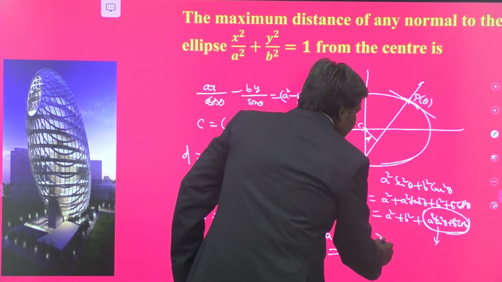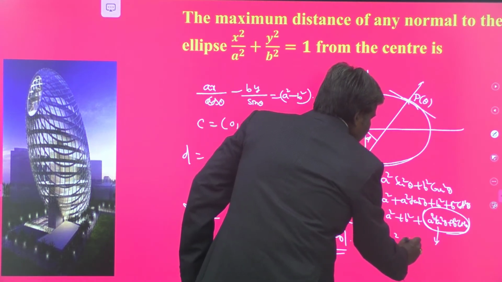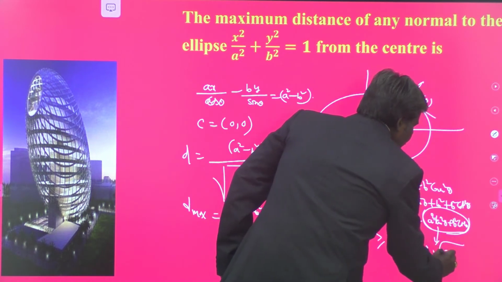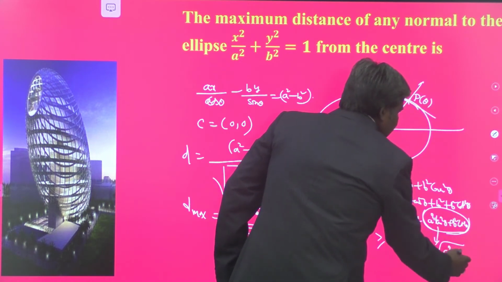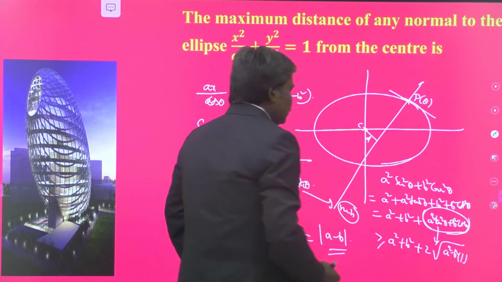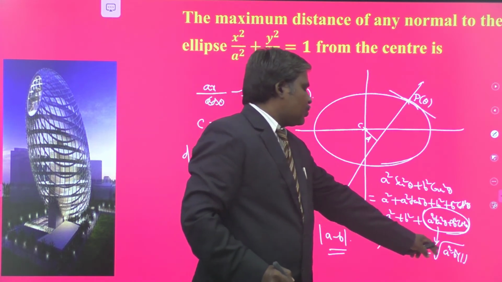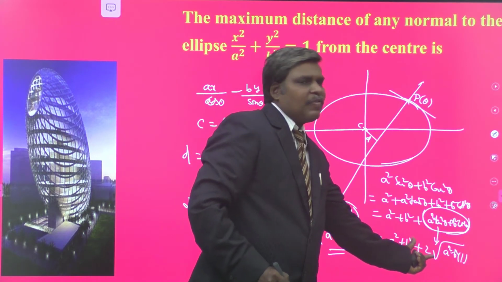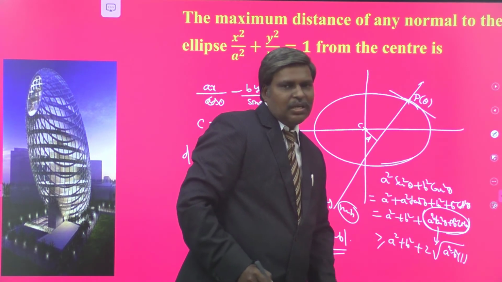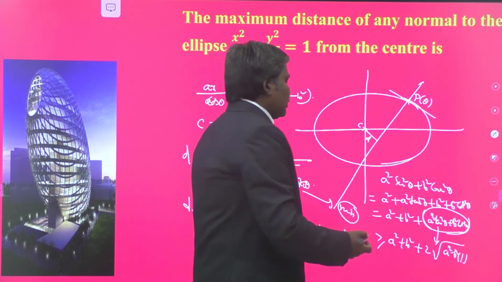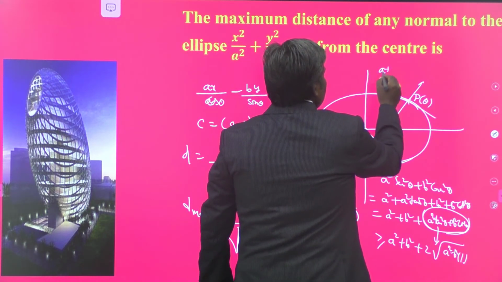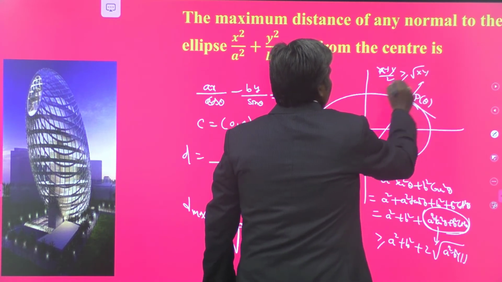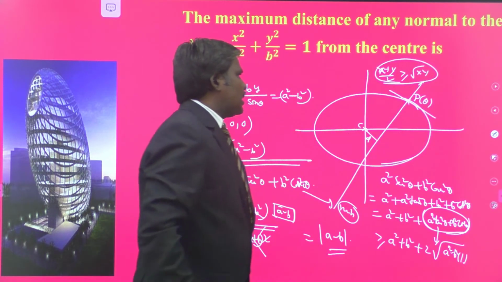This is clearly greater than or equal to a square plus b square plus 2 times root of a square b square. Root of a square b square into tan square theta into cot square theta is 1, my dears. This is nothing but a square plus b square plus 2ab. It is nothing but a plus b whole square. So the minimum value of that one is a plus b whole square. What is arithmetic mean? A plus b by 2; for x and y, x plus y by 2 is greater than or equal to square root of xy. Arithmetic mean is greater than or equal to geometric mean.